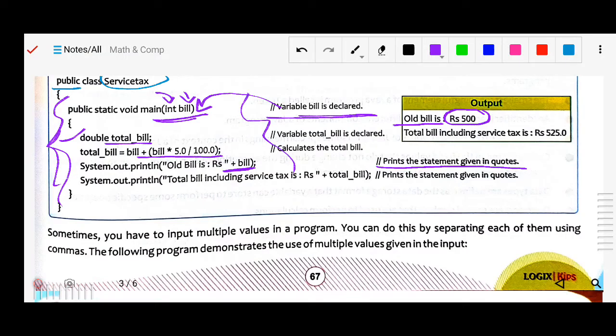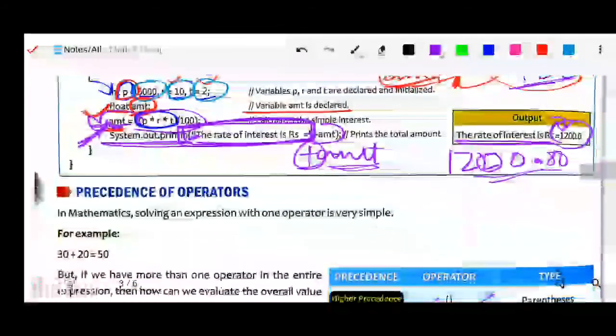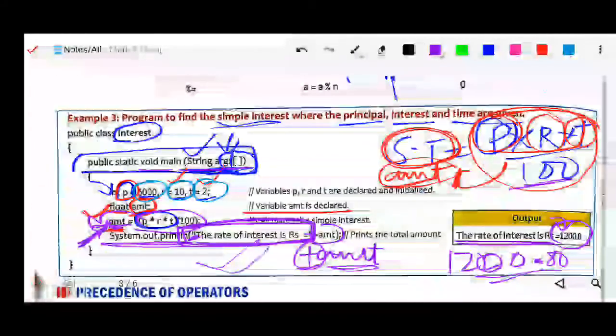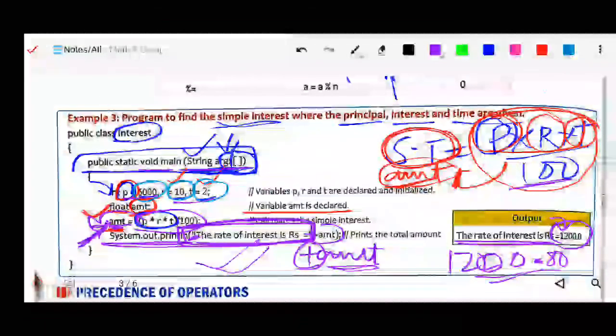It means when your program runs on your computer system, it will ask you to enter some value. Whatever value you give at that time, suppose 500, is used after compilation. In the last program, the value was already given, and they simply compiled and gave the result.